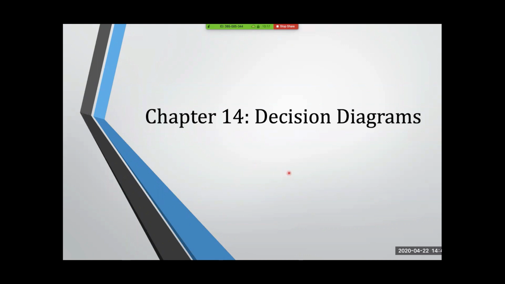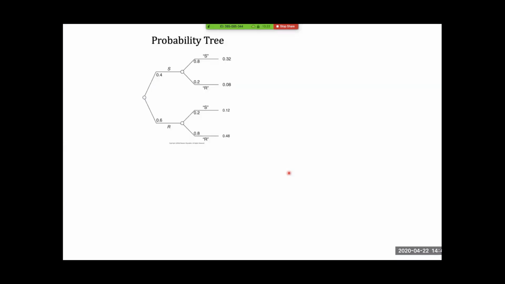Just to put things into perspective, this is sort of a roadmap of what we've been doing this semester during our classes. Very early on, we looked at what a probability tree is. In the probability tree, we're looking at different distinctions. Later on, we developed something called a relevance diagram to represent the relevance relationships between two distinctions in the probability tree. Over here, the first distinction is weather, and there are two possibilities, which are sunny